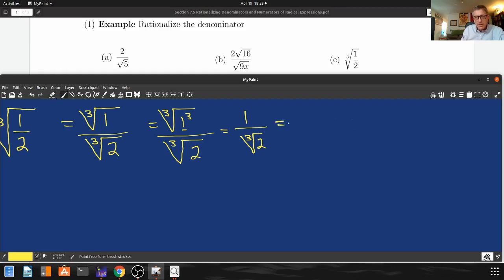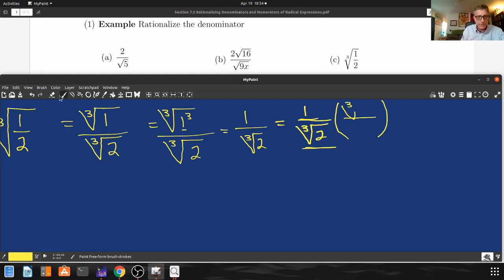So now what do I have to do? I have to take my fraction and multiply it by some form of 1 disguised as x over x. And you always just take your most simplified radical expression. So that's the cube root of,